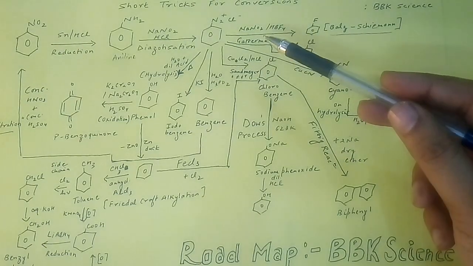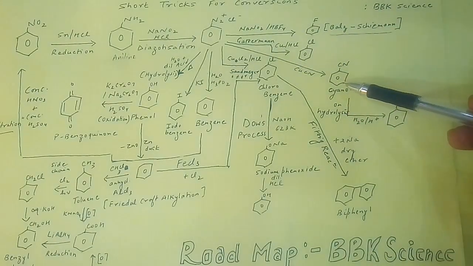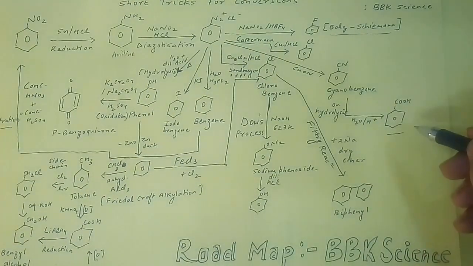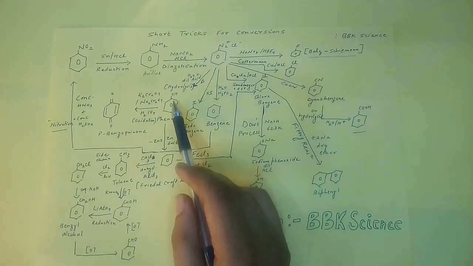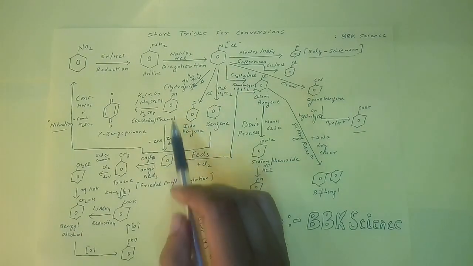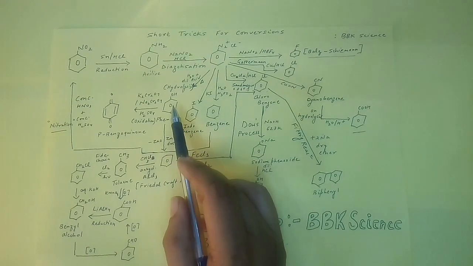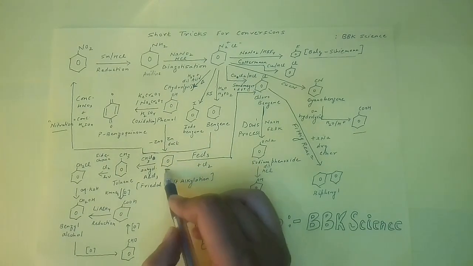Now on reaction of benzene diazonium halide with CuCN, what we got was cyanobenzene, and on hydrolysis of cyanobenzene, we will directly get a carboxylic acid product of benzene, which is known as benzoic acid. Now coming to this portion of this roadmap, what we say is, if I have phenol and I need benzene as a product, then what I have to do is simply react phenol with zinc, and the reaction that takes place will result in the formation of ZnO, and what we get is benzene as a product.